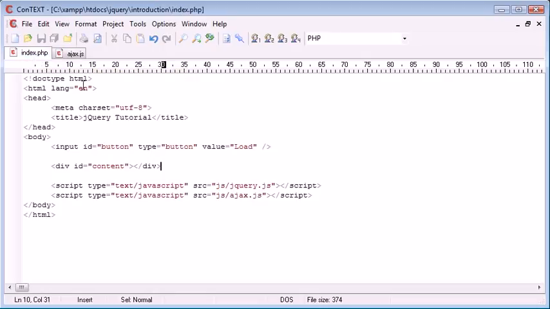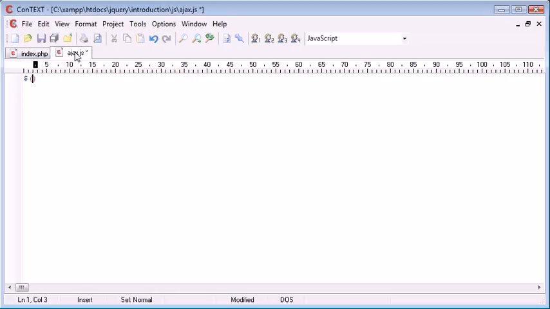Now we've called our button, so we know that we can reference that in here using a selector. So we can say button, and we're going to say .click, and then we're going to create a function inside of here with a block as we've done before. I'm going to bring this down, and inside of here we're going to create the AJAX request. So it's $.ajax, and then in brackets we're going to go ahead and send multiple parameters to this. So let's go ahead and create some curly brackets inside here,